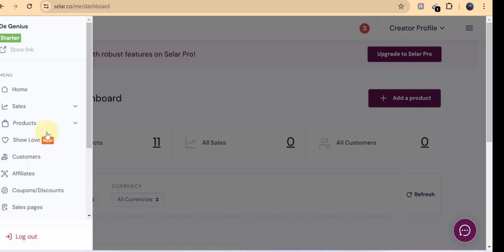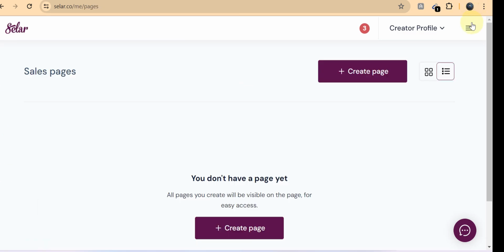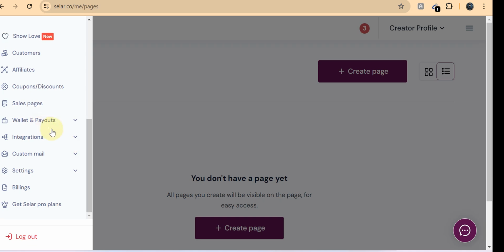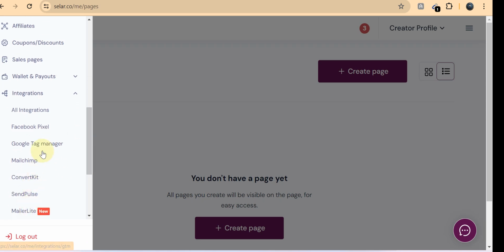On this dashboard, I'll come back to these three lines here, I click it. It will show me a lot of features here. I'll come down here to products. Sorry, I'll come down here. You see what it says, integration. Click integration. You see all integrations: Facebook Pixel, Google Tag Manager, MailChimp, and the rest of them. So conversion kit. This platform allows you to connect them here and monitor what exactly is going on